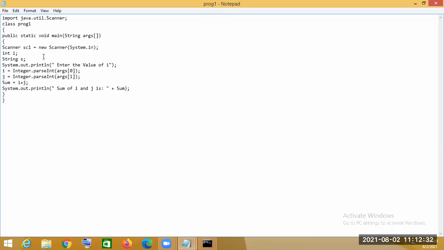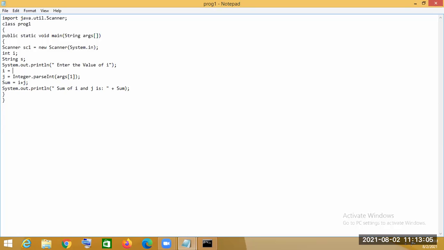Okay. Now we have to take the user input. After creating the object of the Scanner class, we are able to use the built-in functions mentioned inside the Scanner class. Now the Scanner class has some built-in functions.